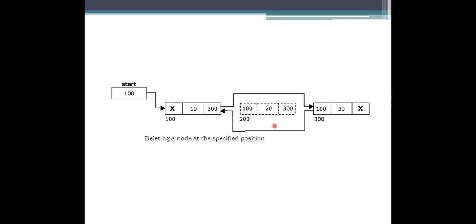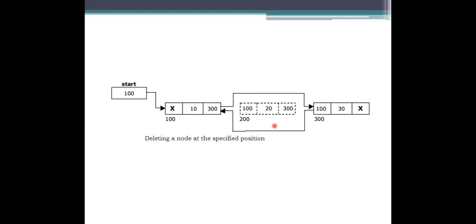So if I want to delete a node in between. If I am deleting the last node or the first node, it becomes the deletion of the node at the end or the beginning. What I have to do is delete the node in between. So I need to know whether it has enough elements to process or not. Yes, it has enough elements for processing. So I need to take the values to be updated here. There is no need to change the first node's left side, but I have to change the right side node.